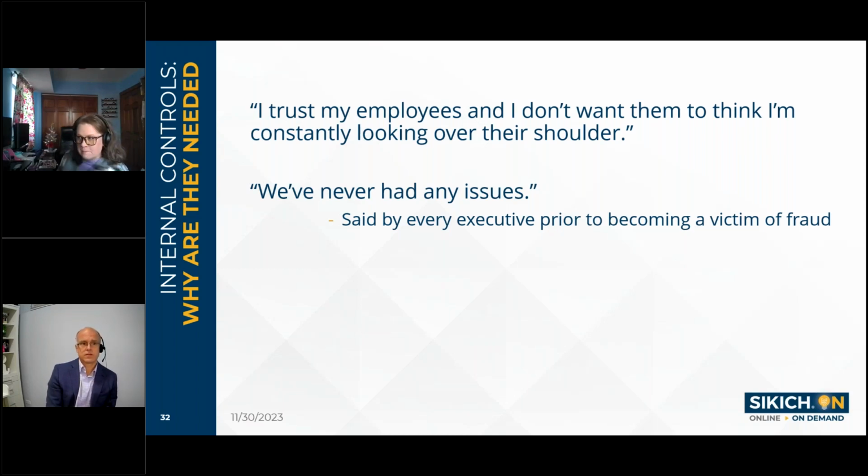It's a story of a small town in Illinois, Dixon, which also happens to be Ronald Reagan's birthplace. Those of you in Illinois, I'm sure, know this story. Dixon was the victim of the largest municipal fraud in US history. The villain who perpetrated the fraud was a long-standing and trusted employee. The hero in the story was a soft-spoken, loyal employee who simply asked one question. It is quite a story. Again, it's called All the Queen's Horses for those of you who are interested. I like that second quote. We've never had any issues, said every leader prior to something happening.